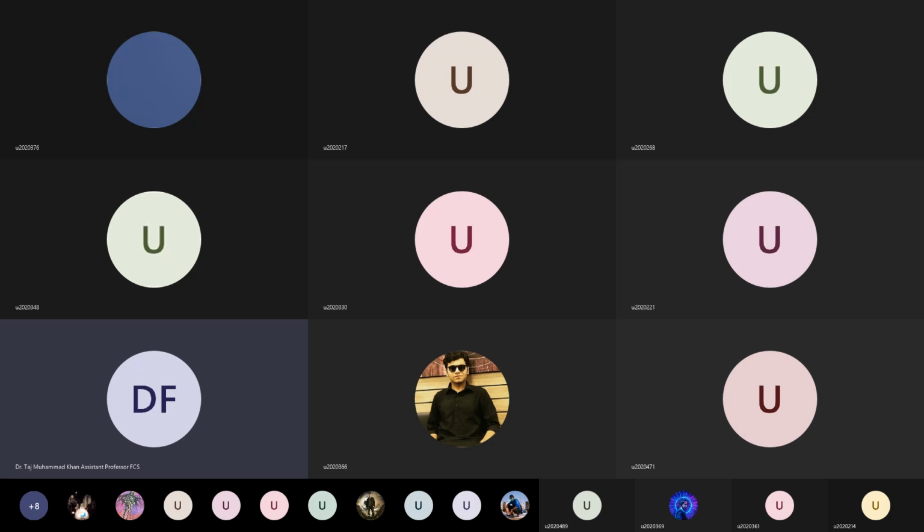Okay, so now the question arises that the overloading has already been done for basic types. Then what about the types that are user defined, that we have made? So let me share my screen with you guys.